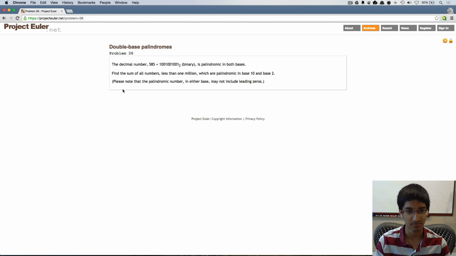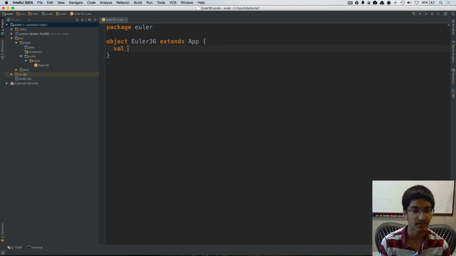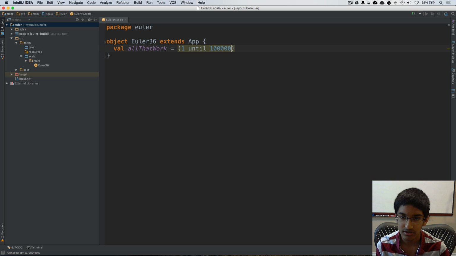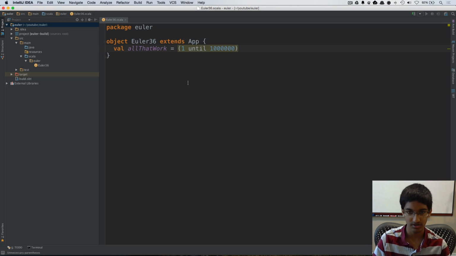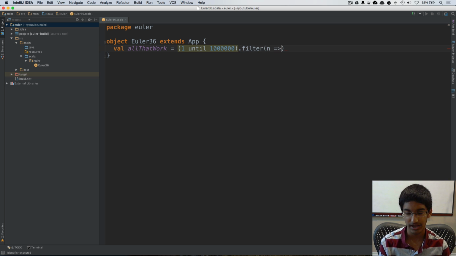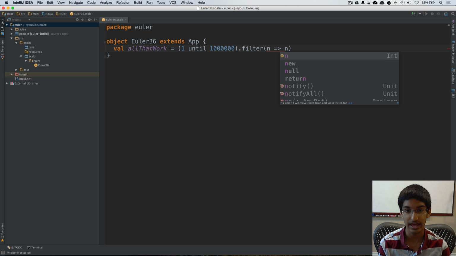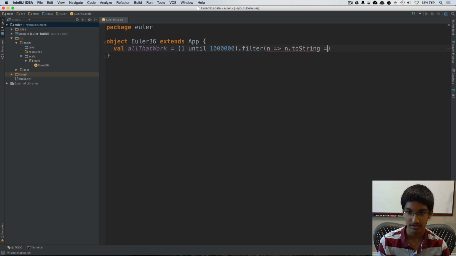So this problem is actually a really simple one-liner. So I'm going to switch over to IntelliJ. I'm going to create a val all that work. We're going to start from 1 and go until 1 million. So yep, we want to go less than 1 million, so we don't include that. And we're going to filter. If we're given number n, we want n itself to be a palindrome in base 10, so we can do n.toString is equal to n.toString reverse,